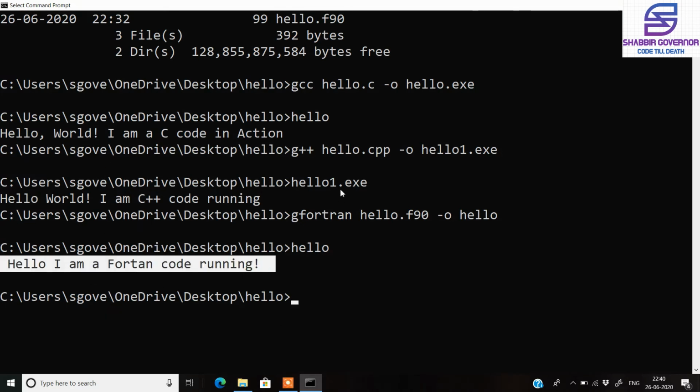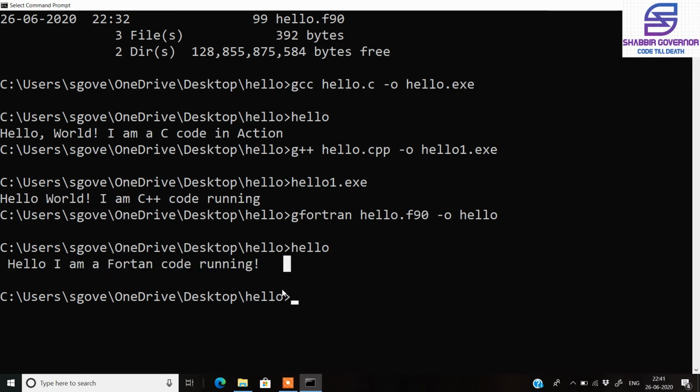This was how you can write a simple C, C++ or Fortran code in any of your favorite text editors, save it on your Windows PC or any other OS that you wish to use, and then compile it using the MinGW compiler, create the executable, and then run the executable to see the output of your code. Hope that all the steps that I have shown in this video, regarding the download of MinGW, the setting up of the environment variable, and then compiling the codes written in C, C++ and Fortran and executing them in your command prompt, are clear to you.